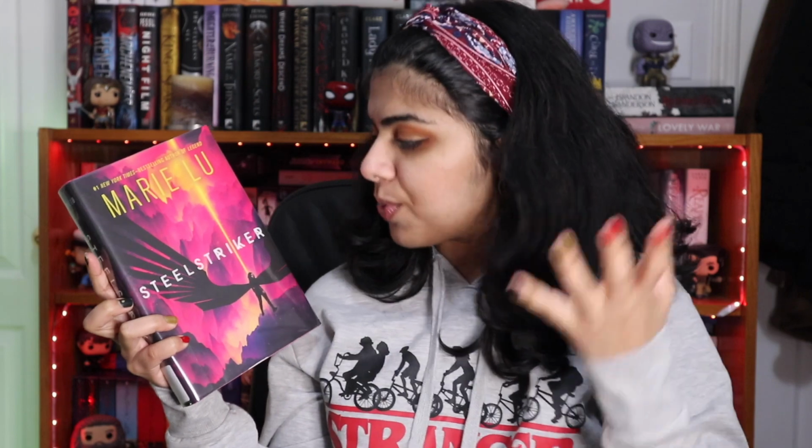The final book that I wanted to go over is Steel Striker by Marie Lu. This cover is incredible in and of itself. The pinks, the bright yellow thing that's shooting up looks really cool, and the wings of this person that's just popping out. I think overall, just looking at this cover, flying in mountainish areas, it looks so cool. And if you think this is cool,